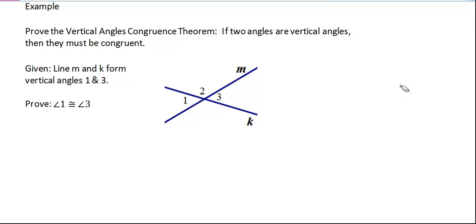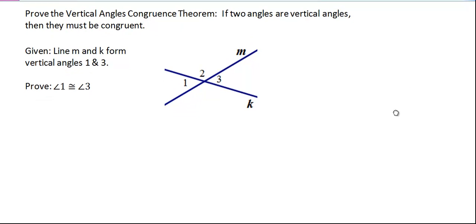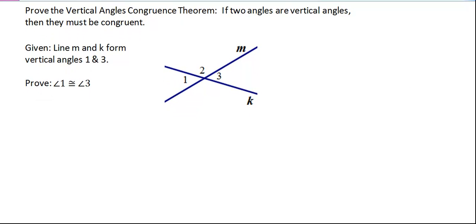angles to be congruent. If two angles are congruent, what does that mean? Well, it means that they have the same measure. So I need to show that these two angles have the same measure. So I may start by saying, I know I want to link together the fact that 1 and 2 form a line, right? I know that angle 1 and angle 2 form line K